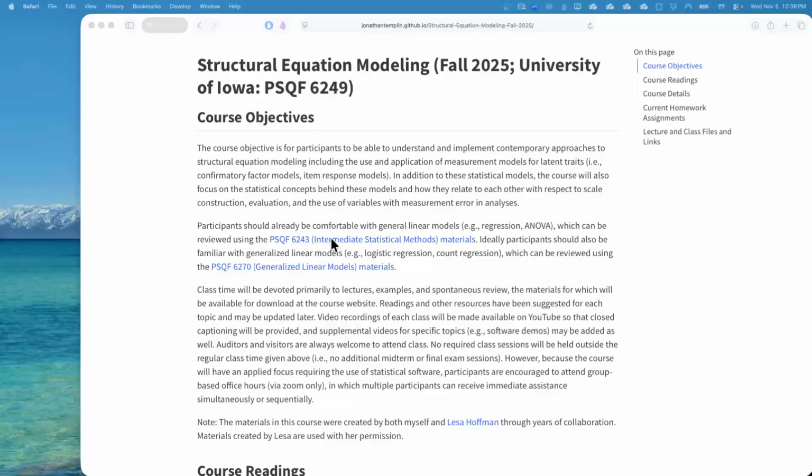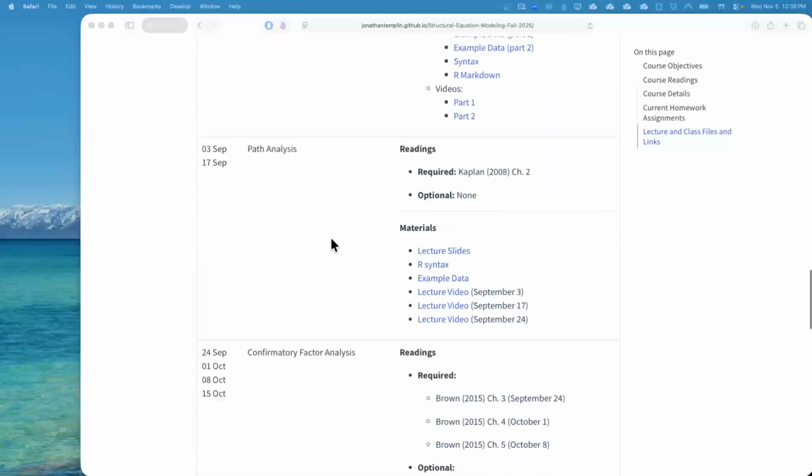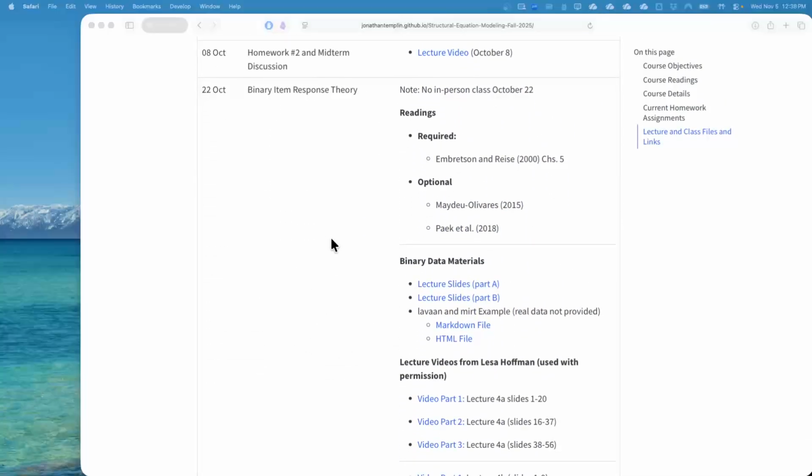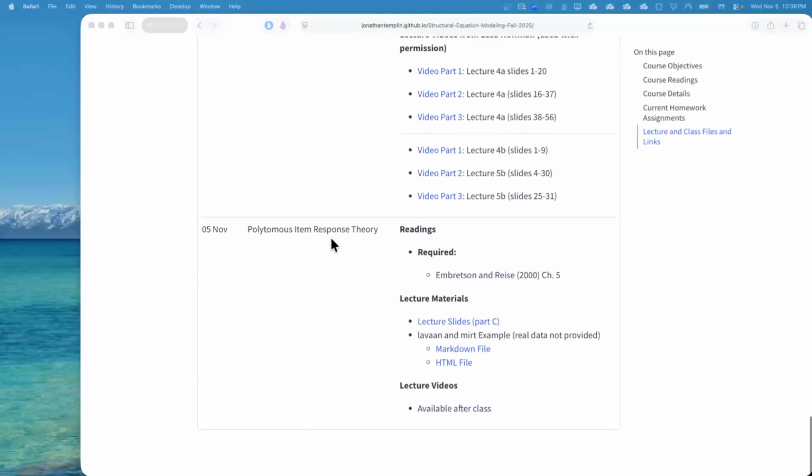What you missed, what we haven't done in a while, is actually teach content. There was the exam last week, and then the week before that I was out of town, so I assigned a little bit of Lisa's content, Lisa being the person who taught this class last, with her permission. Item response theory is what that was covering. And then polytomous item response theory is what I'm going to add on today.